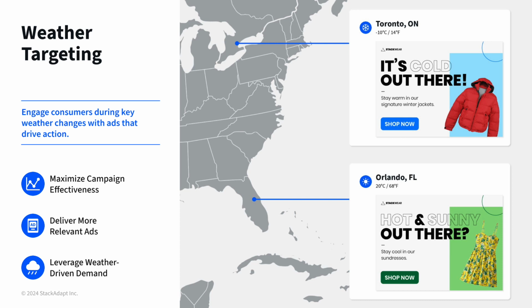Moving on to weather targeting. Weather targeting is a great way to engage your customers during key weather changes with ads that drive action. This strategy allows you to automate your advertising based on local weather conditions and temperatures to boost your campaign relevance and performance. Weather targeting at StackAdapt allows you to show different ads based on the weather conditions in that geo